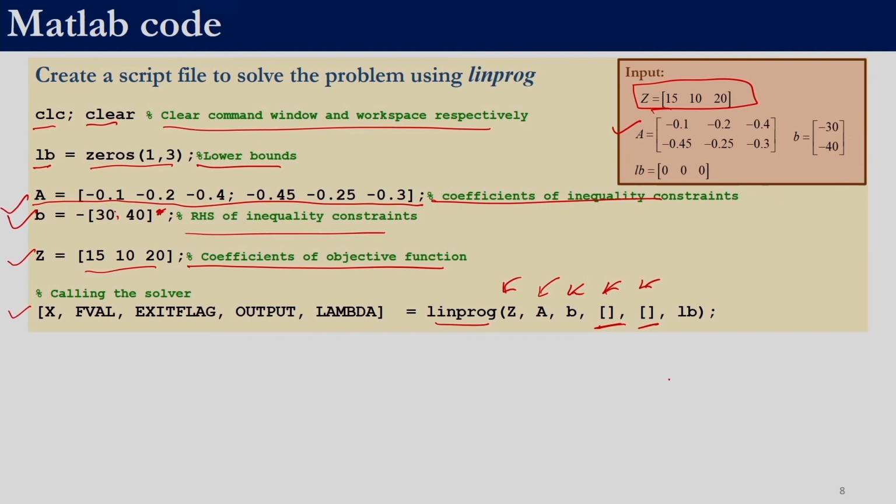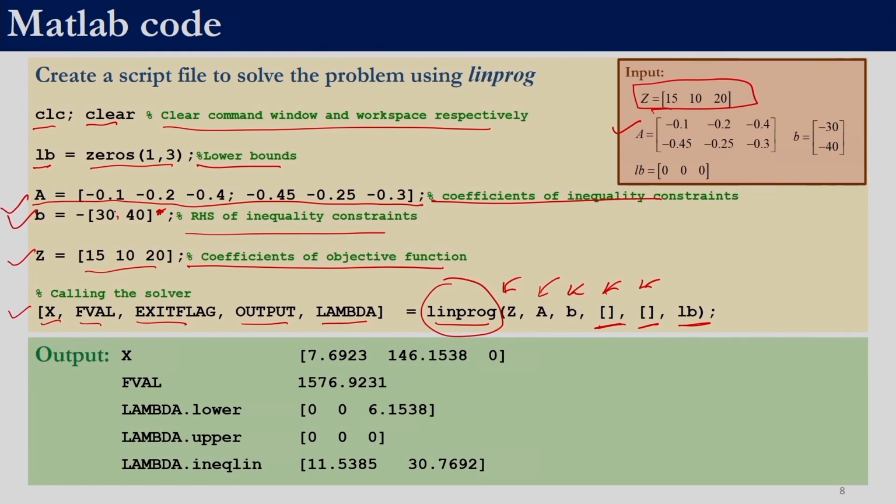So this is an empty bracket, and we do have a lower bound, so the lower bound is to be supplied. Here, if you see, we have not given ub and options, because ub for this problem is infinity. As of now, we are not changing the default options by which linprog will solve this problem. We are solving with default options. So when we are solving this, we are seeking these 5 values: the decision variable, the value of the objective function, the reason why it is terminating in exit flag, output, and the shadow prices. If we do that, this is what we will get.